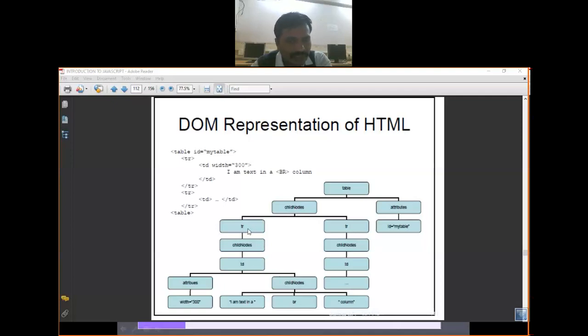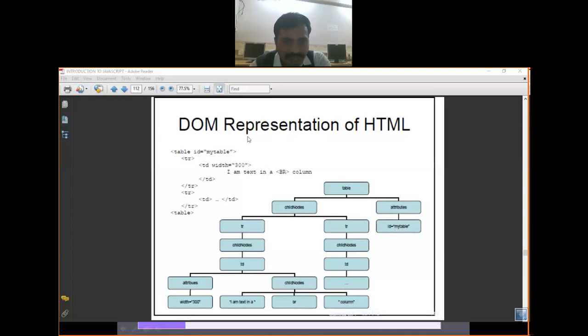Then the child node td, then I have to write attributes, having 300, and the text. So this is a child node. Within that I write a br. Then I use this child node td, then the column and attribute dot my table. This is my table, and these are my attributes.